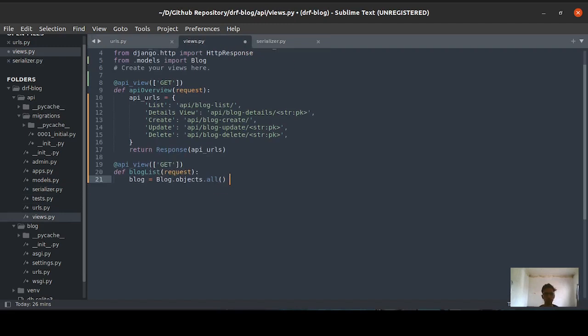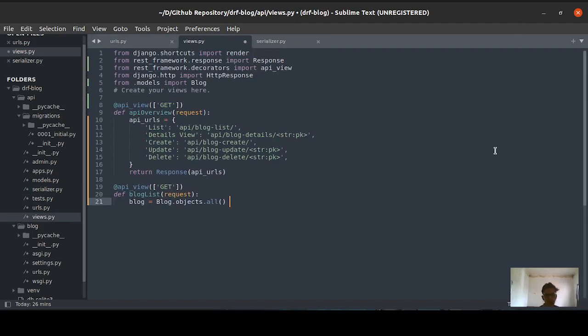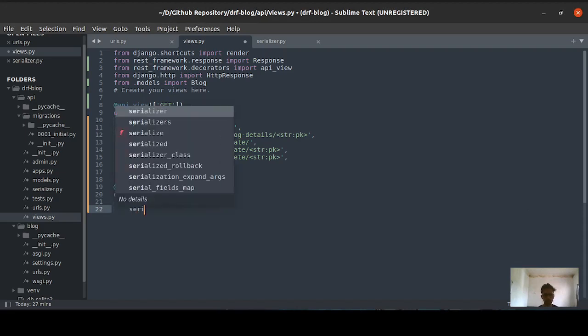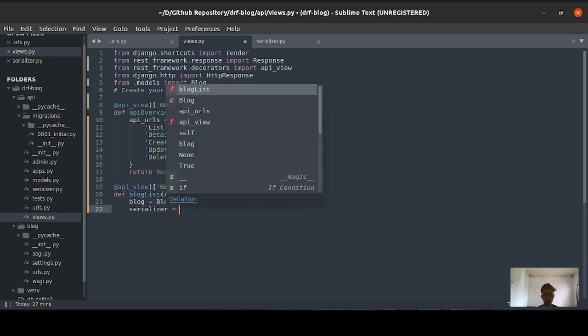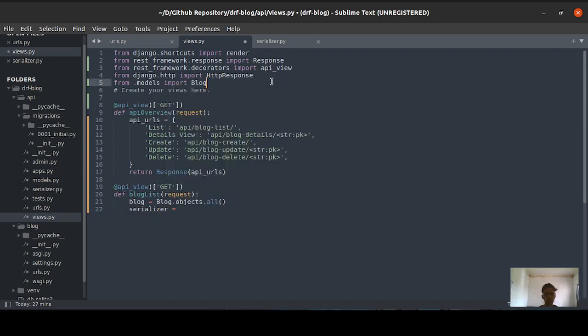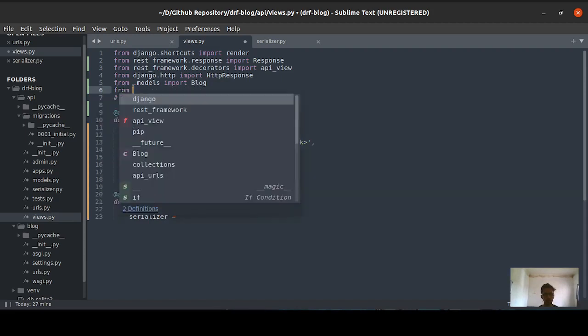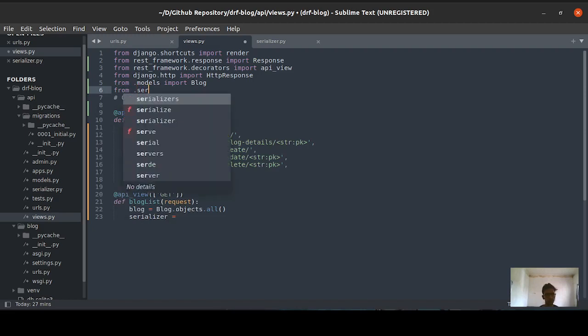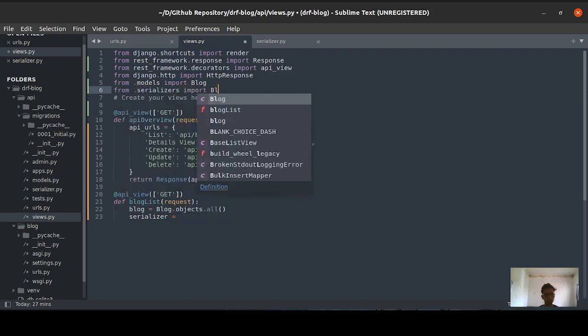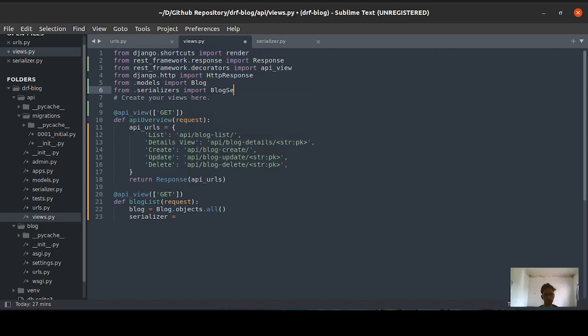So let's return back to the view. The next step is, you are getting these blogs here, all the blogs, and you need to serialize them. So you will say serializer is equal to, and you need to import the BlogSerializer as well, from dot serializers import BlogSerializer.